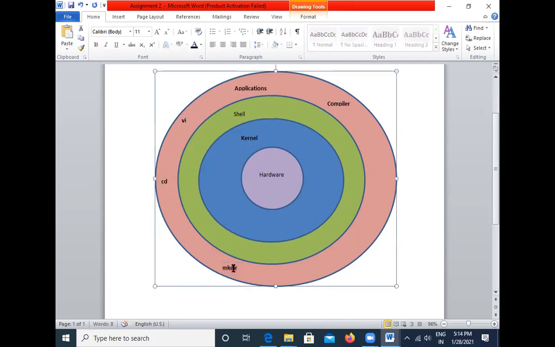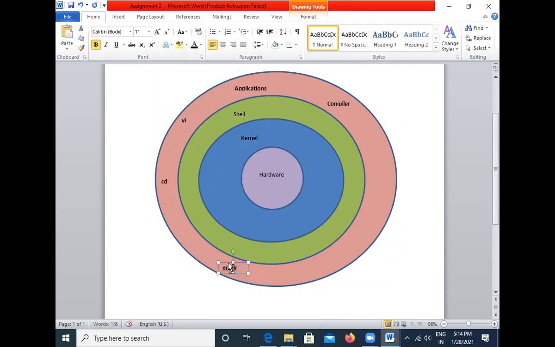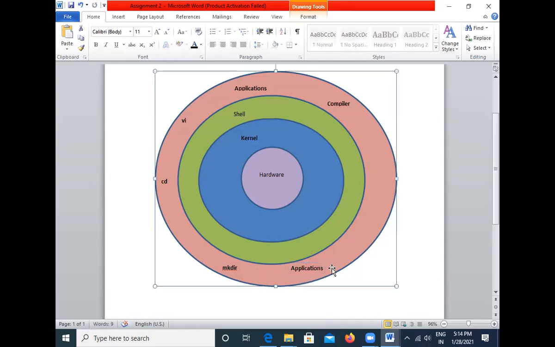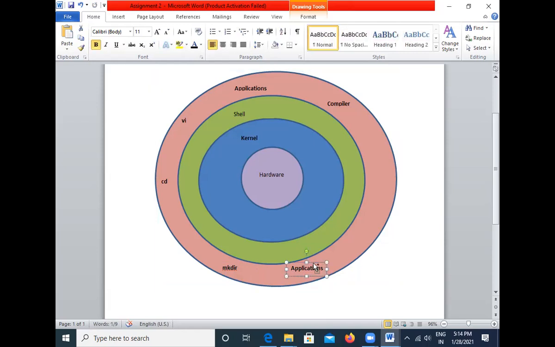And once this is done, I will say applications here. So now we'll increase the size of this a little bit. And here I will type date command.